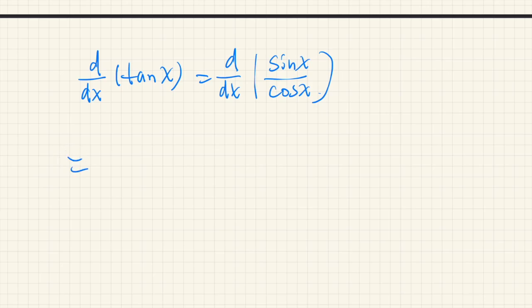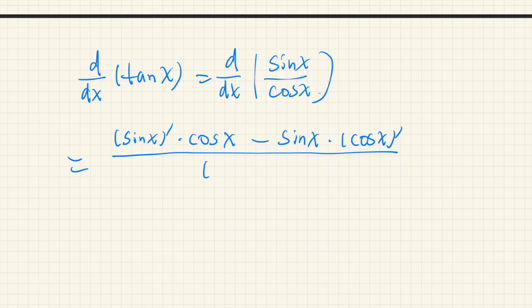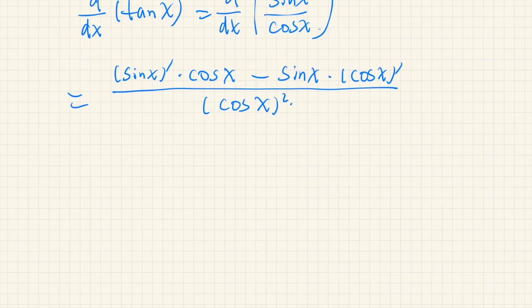And so first we differentiate the numerator, sine x prime times the denominator, minus numerator times the derivative of the denominator, divided by square of the denominator. Okay, so sine prime, differentiate sine function, we have cosine x, and we have cosine x here,